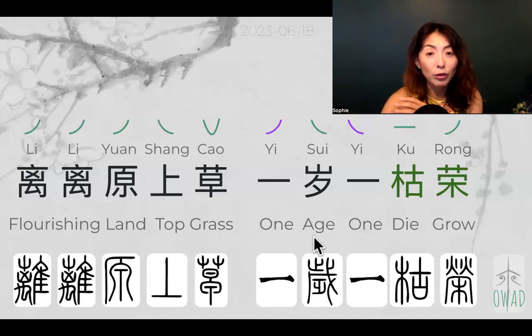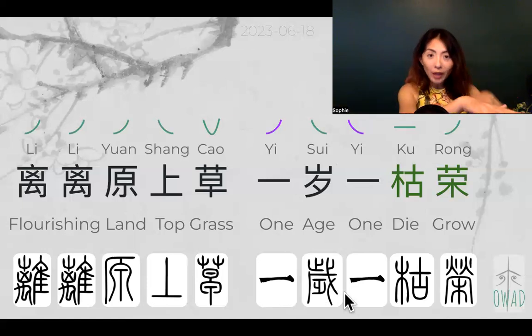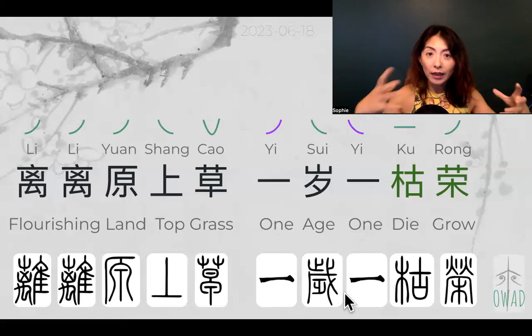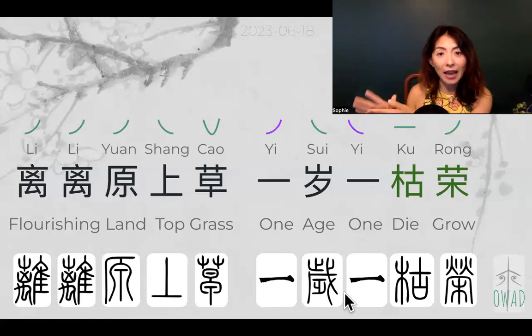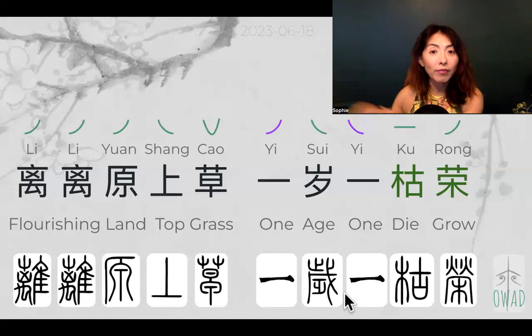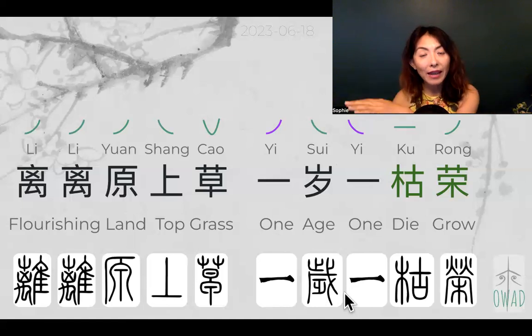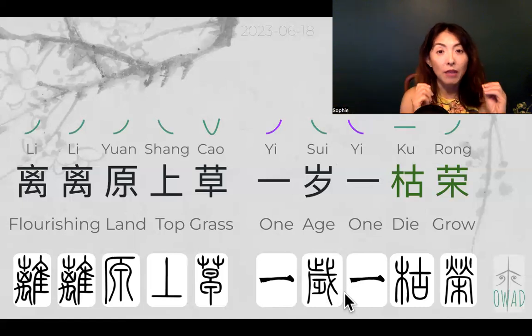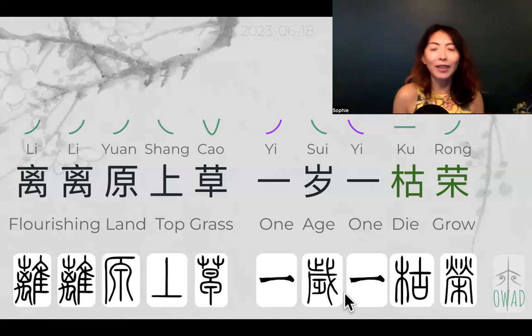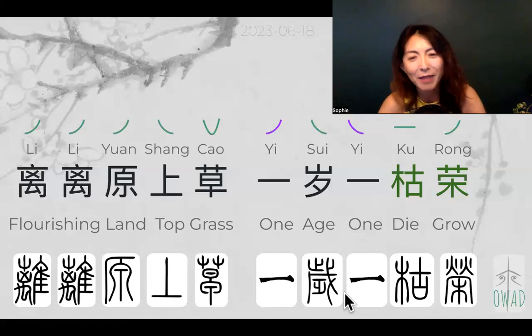And then we have the footsteps. That means you're walking, keep walking, progressing. So that means time is running out for this year. You're already at the 11th, but things are still going. And that's how Chinese shows the flow of time or the flow of the year, by coming to the very end of it, and things are still moving, stepping forward. And that's the concept of age. Once it's a full cycle, you upgrade it to 1 age, 1 year more.